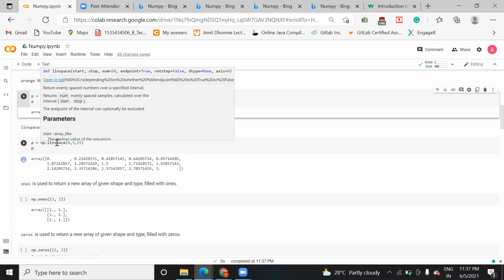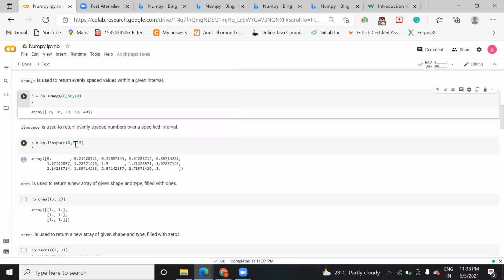You need to give the starting value, then the stop value, and the number of values that you want to consider. So I pass here 15, meaning there should be 15 values between 0 to 3.